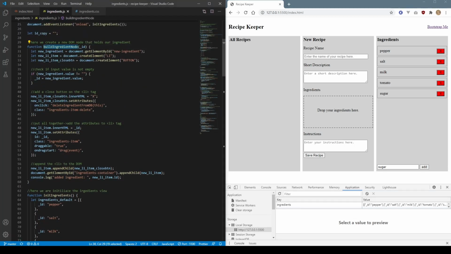It's all done by this function, build ingredient node. And here's some basic JavaScript stuff you should know about. It's create element. Here you can create DOM elements. But the important thing I want to tell you about is these set attributes, because that's not a basic JavaScript function,